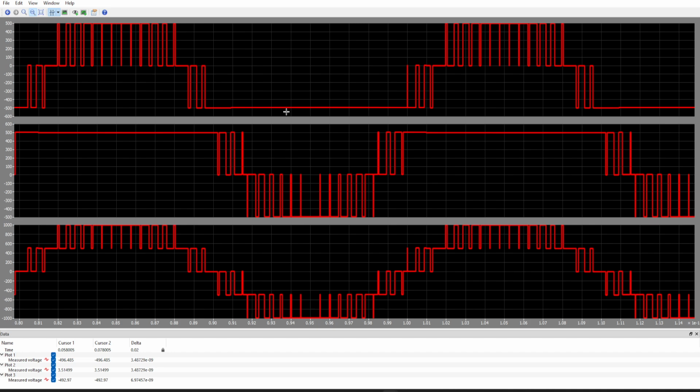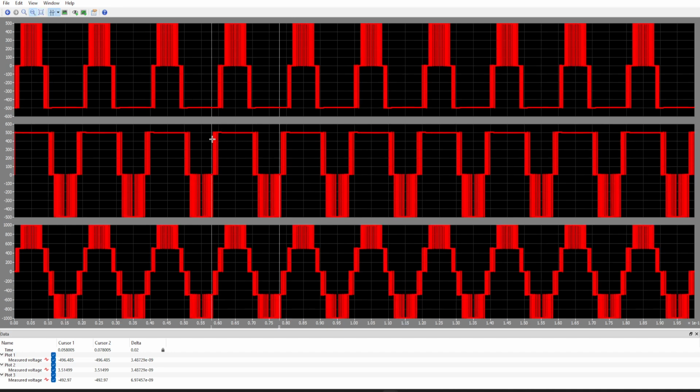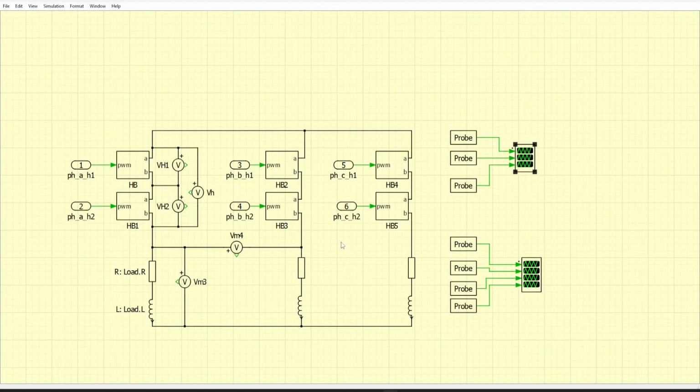So the conduction and switching losses in both bridges will be different, of course, and maybe a rotational switching pattern would be required for a better distribution of losses of the IGBT switches. But more on that later, not today. Here is just the discussion on how we can implement it. Let's continue with our